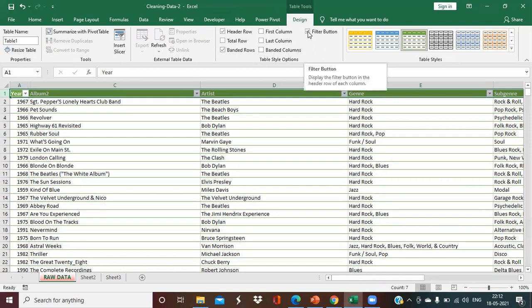Now it's a normal table. And now we can just rename this table as album_data. Make sure that you don't have spaces in your table name. Two words can be separated using an underscore symbol, but not a space.